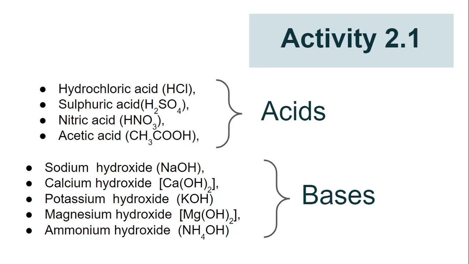One thing to notice is that if there is hydroxide in the name of any substance, then it is a base. It means if there is hydroxide in any solution, we can say that it is a base. So from these four tests you can test acids and bases, and you can also classify them. Hope you have understood very well about acids and bases by Activity 2.1.